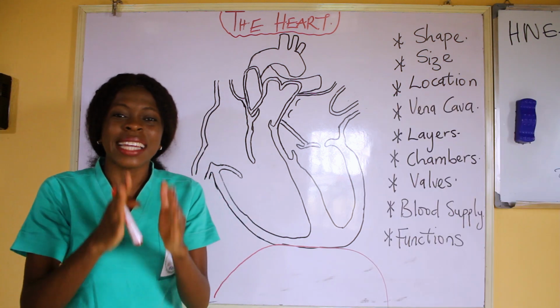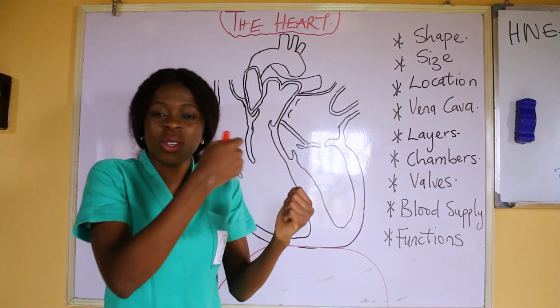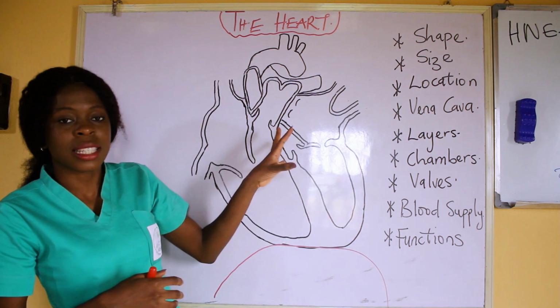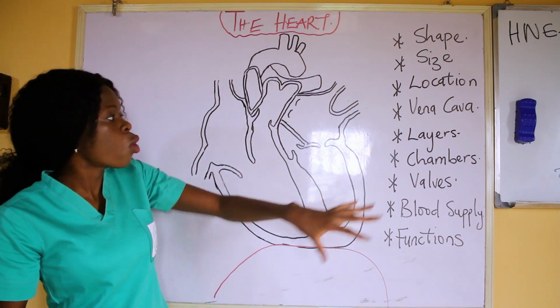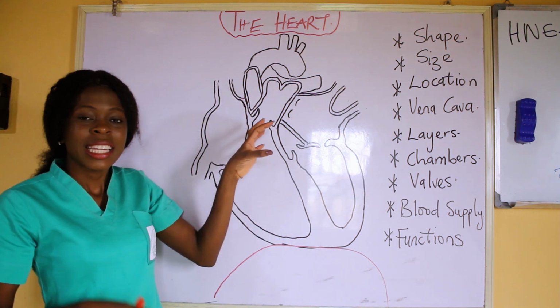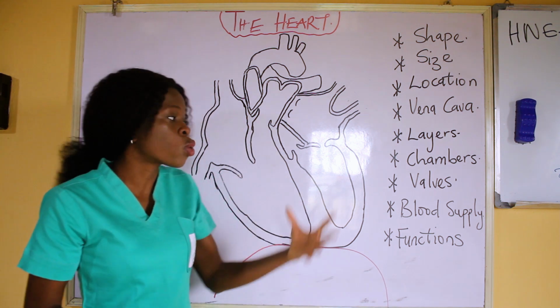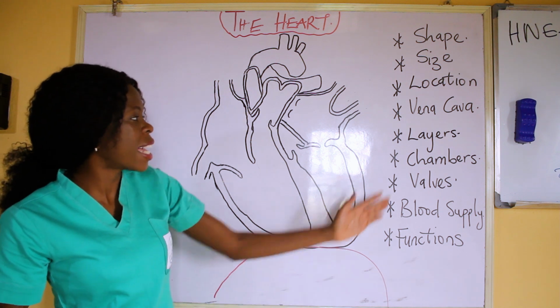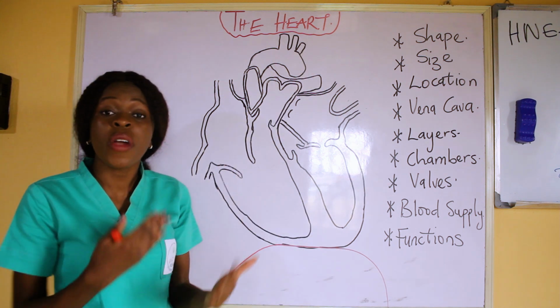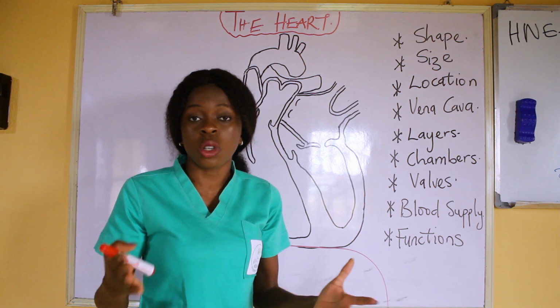These are the organs in relation to the heart. When a surgeon knows what is surrounding the heart, the surgeon finds it easy to locate the heart. So organs in relation to is very important when it comes to medical surgical nursing